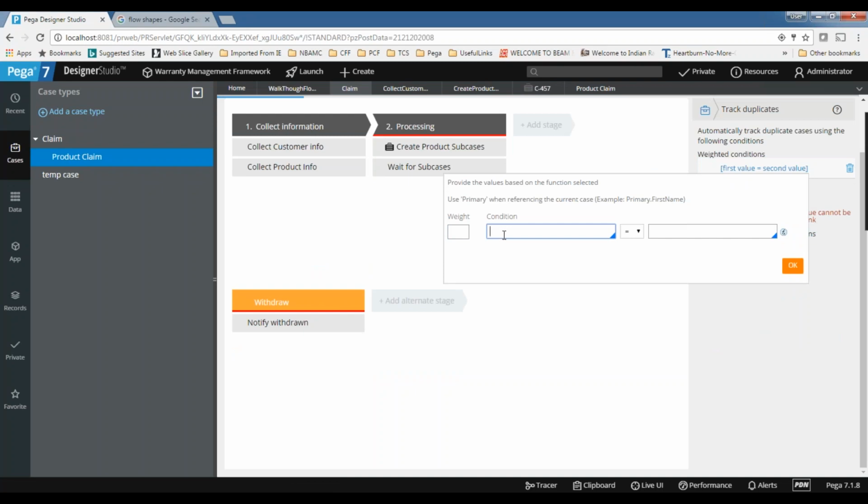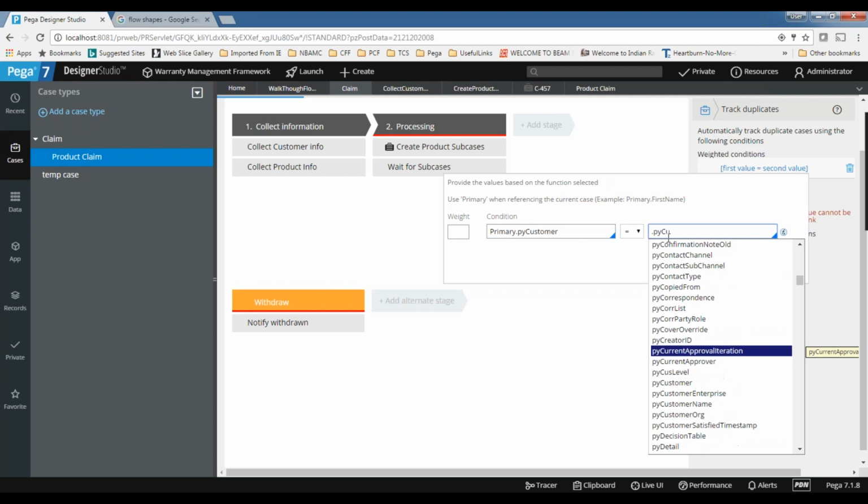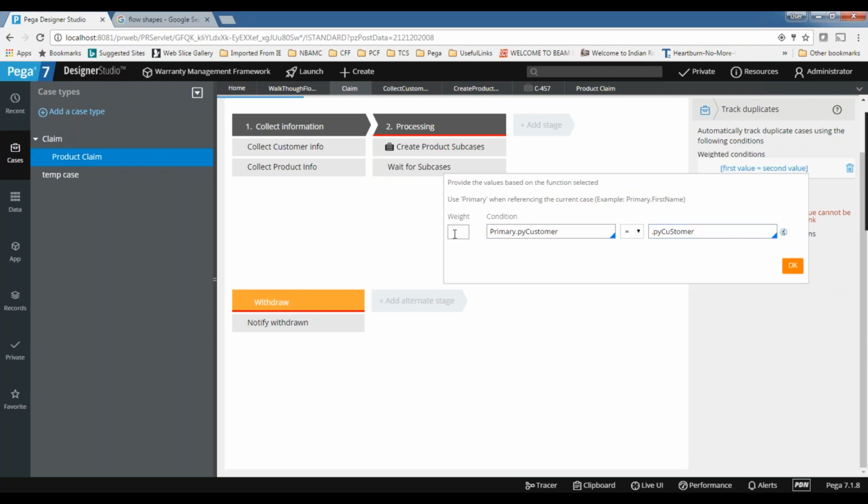If you want to refer to the new case data, use the primary keyword when referring to the current case data. So let's say I'm using primary.pyCustomer is equal to the pyCustomer, and I'm giving some weightage. I want to give 40 weightage for this.